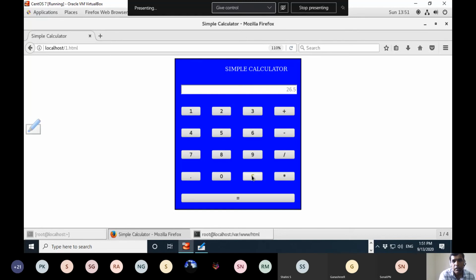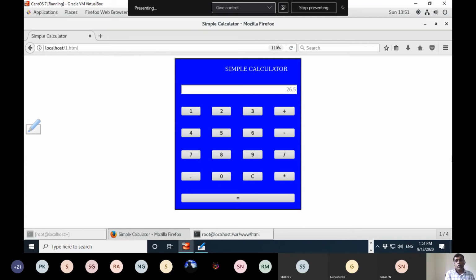So clear. You are pressing any keys now, no keys are working. That means this is displayed using HTML and CSS. But when you try to click on the keys, none of the keys are moving. There is an error. So how do you check JavaScript errors? See, JavaScript is a client-side scripting language. So the JavaScript programs are executed by the client. Client is your browser. Who should show you the error? The browser itself should show the error.